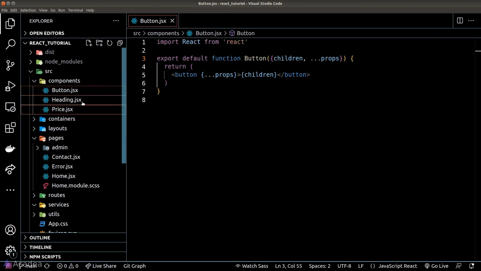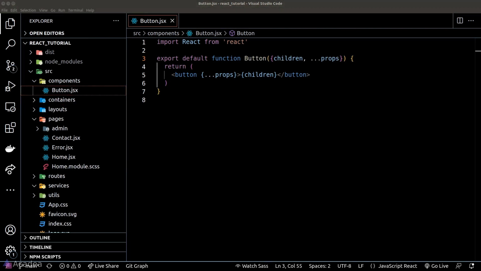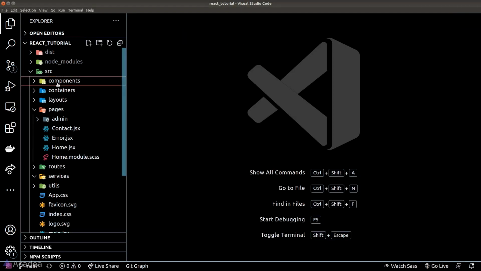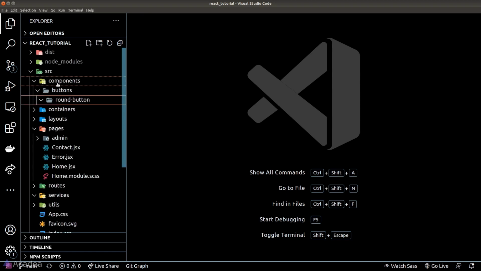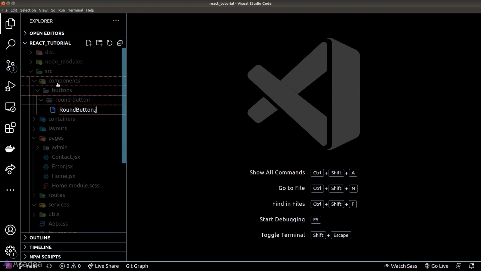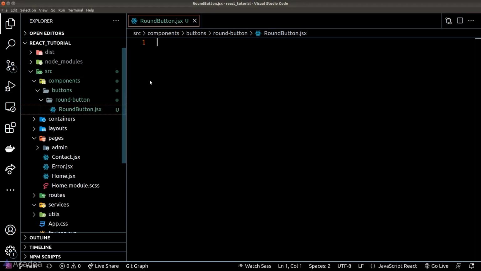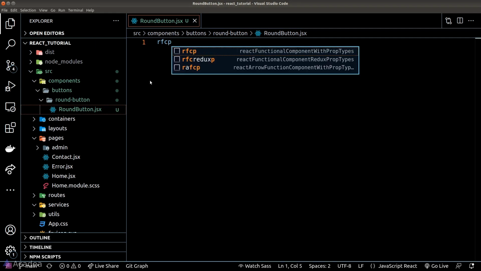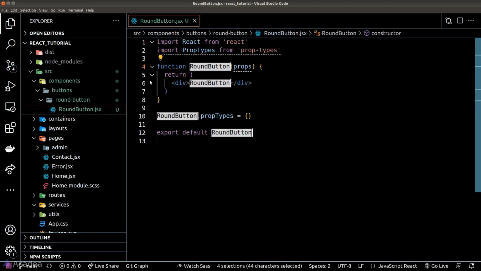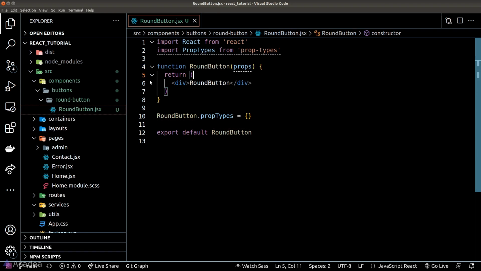First of all, let's grab all the dummy components that we have created before. And we'll start with the round button. We'll create a new button folder where we will put all the button components inside here. And we'll go ahead and create another folder called round button and create a new round button JSX file, and we will use the RFCP shortcut to generate the component with prop types. The round button component is basically a wrapper around the native button element. So we'll simply pass the props to the button element,